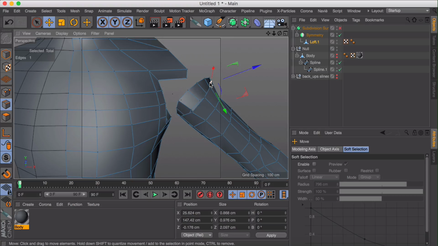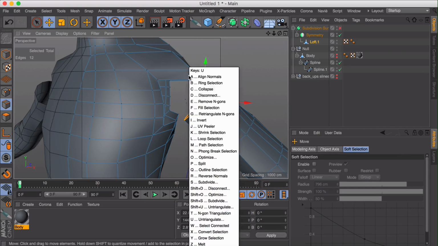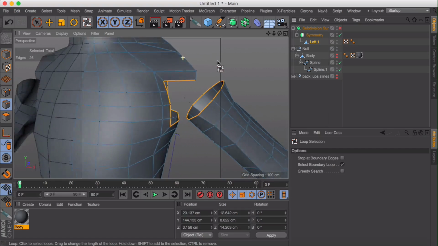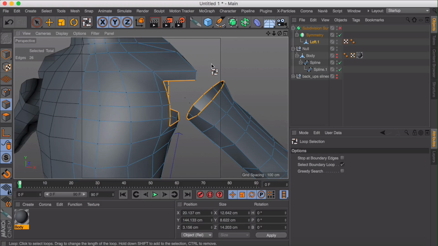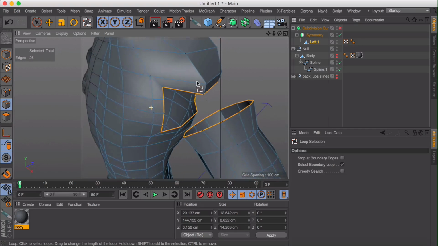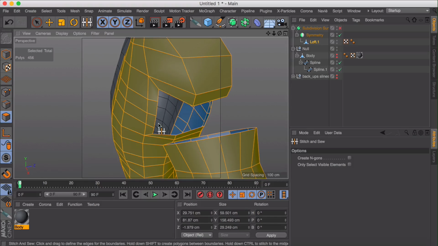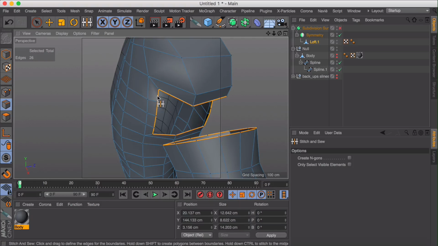Now to have a better connection, select both edge loops and use the stitch and sew tool to connect them. First of all, I will select them and optimize them